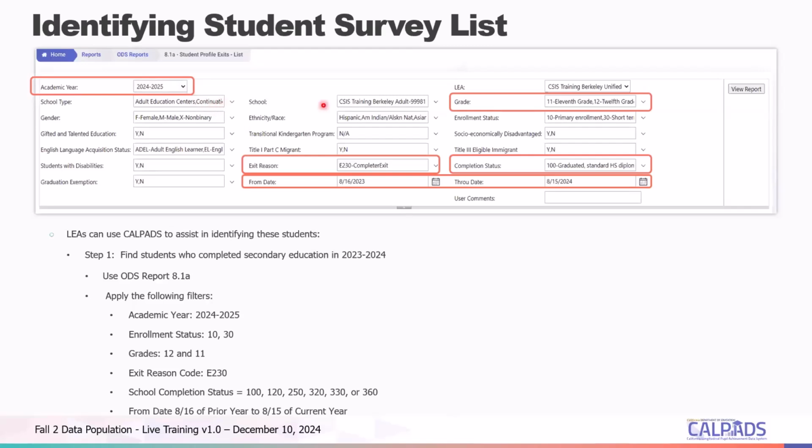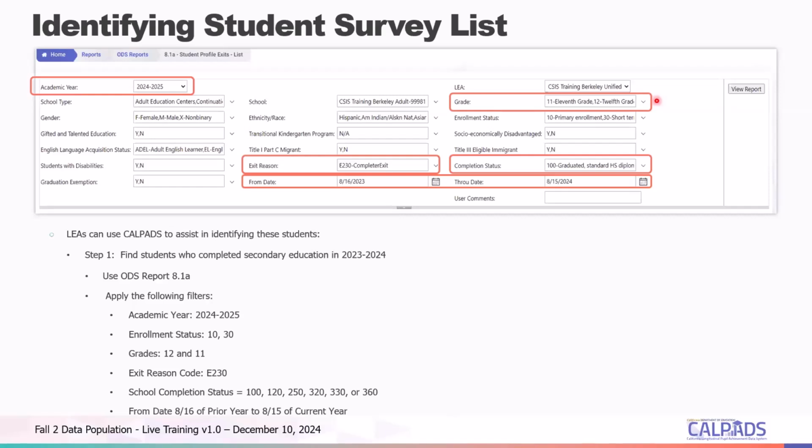We then have the grade level here, which when we're identifying our high school completers, we want to filter for both 11th and 12th grade in order to cast the widest net possible, because there are likely several students who completed high school in their junior year, so completed high school in 3 years rather than 4.